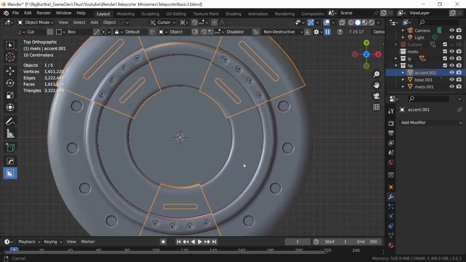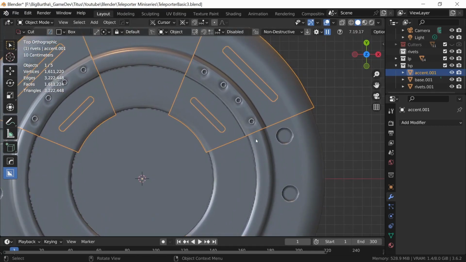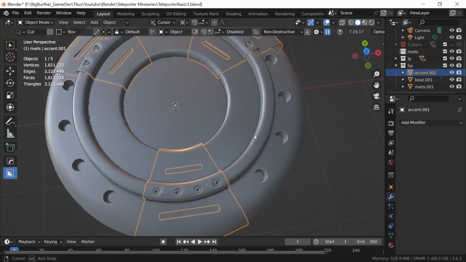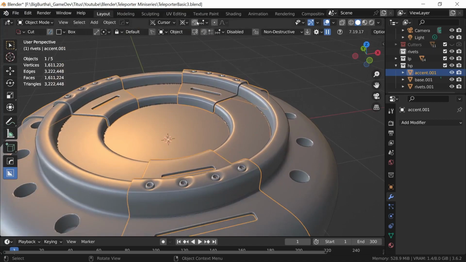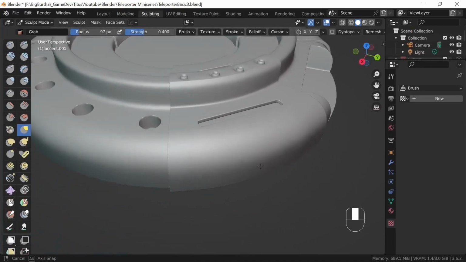All right, we are back now. So we got basically a simple shape like that, just a little bit of extra detail. And a lot of times for stuff like this, it's the human element that really makes it pop. So the fact that it's non-uniform and it looks different on each one kind of makes it stand out a little bit. But I guess it depends on the object you're trying to create too. So let's go back into sculpting. All right, so the next thing I like to do,